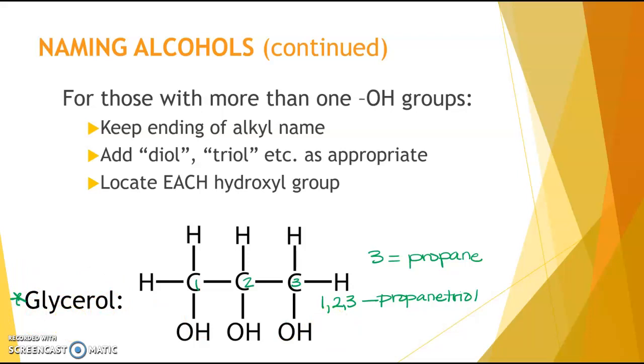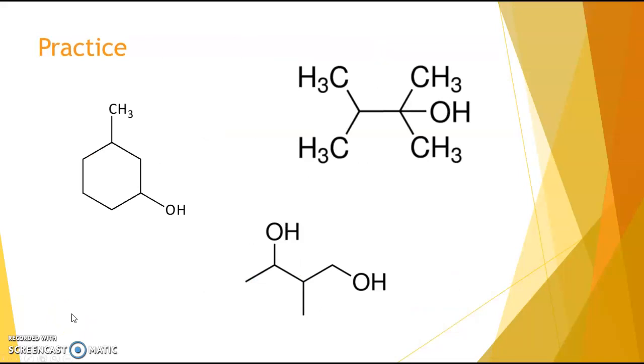But if you have more than 1 hydroxyl group, you're going to retain that E. The only reason the E is retained is because of the way it rolls off your tongue. It's kind of nice to have that vowel there. And then you use di, tri, tetra, etc. to identify the number of hydroxyl groups you have. So I encourage you to pause the video and do some quick practice of naming some structures. One thing to ask yourself when you go to name